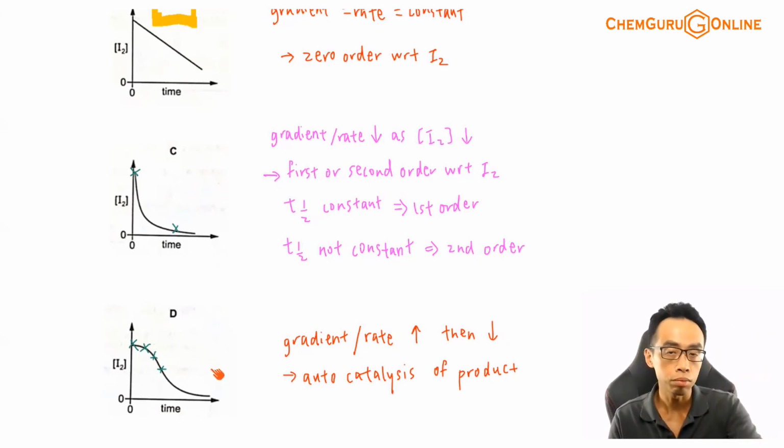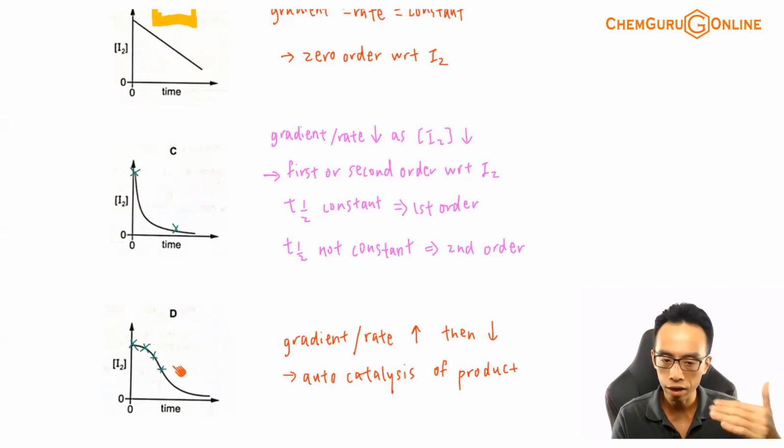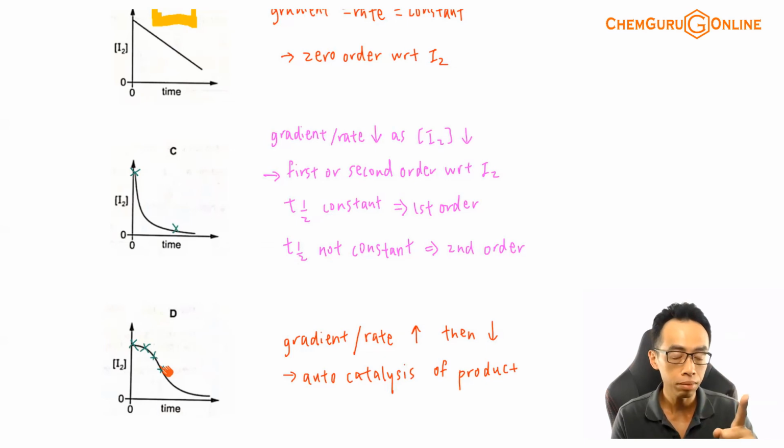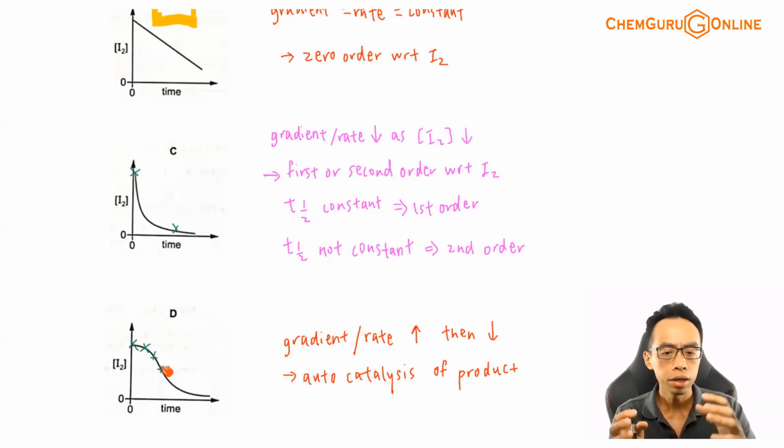infinity and the reaction stops, because the limiting factor towards the end of the reaction, as you are forming more and more products and when you have less and less reactants, eventually you'll still be limited by the amount of the reactant. Then the second part of the reaction will be dominated by the decreasing concentration of the reactant. So at the beginning, the rate of the reaction is dominated by the catalyst. As I have more and more catalysts, the rate of the reaction picks up. But towards the second half of the reaction, the rate is dominated by the decreasing concentration of the reactant. Not enough reactants.